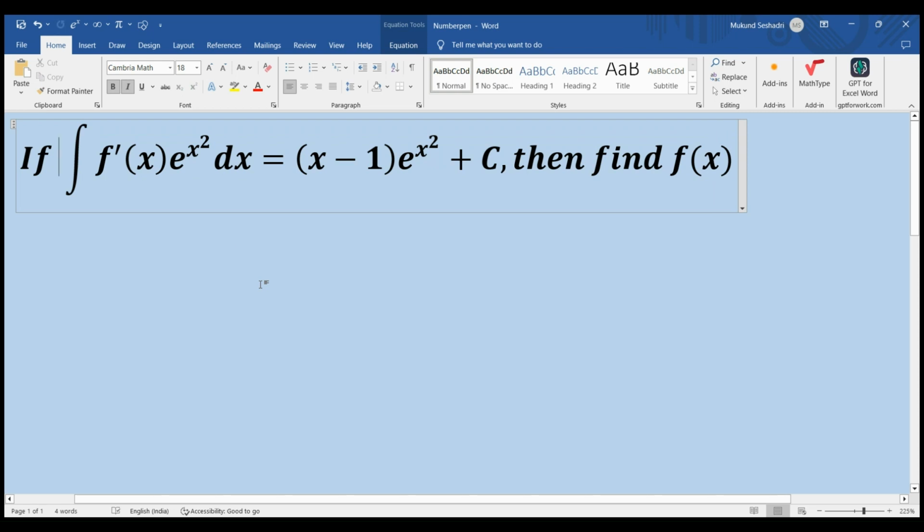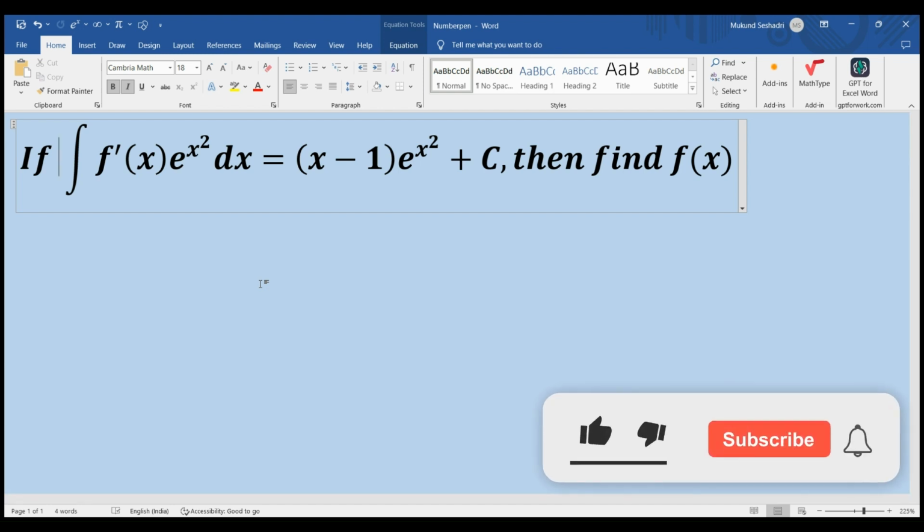So there we have the problem on the screen. If the integral of f dashed of x times e to the power x square dx equals x minus 1 times e to the power x square plus c, then find f of x. So it's not a straightforward integration problem. We have been given the answer for a specific integral and we've been asked to find